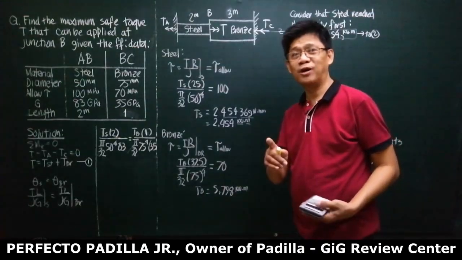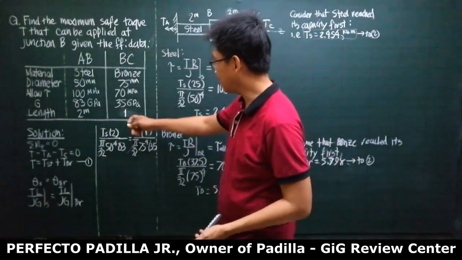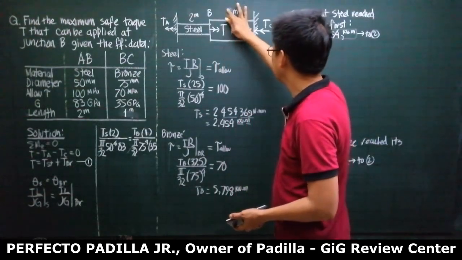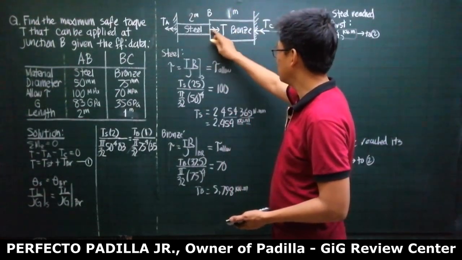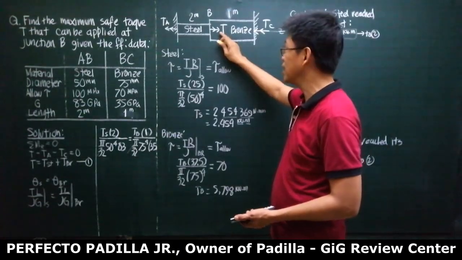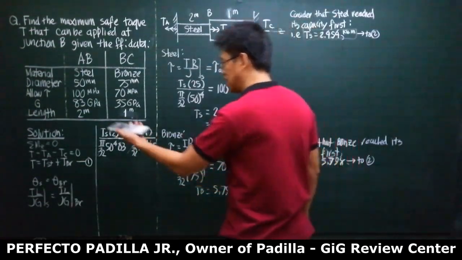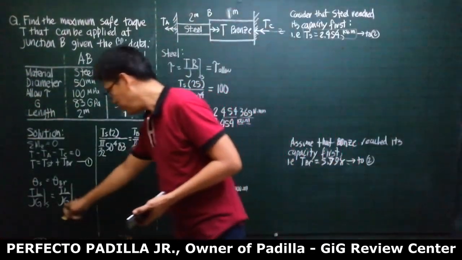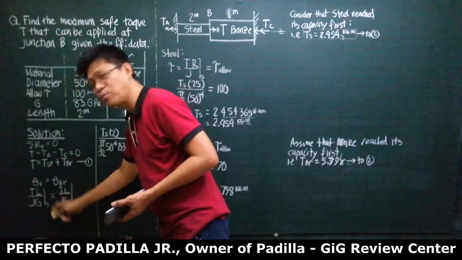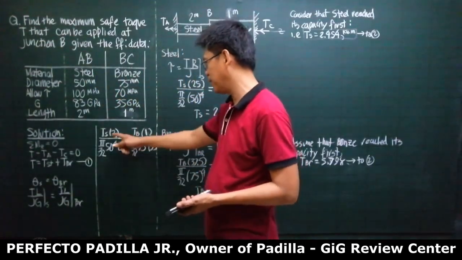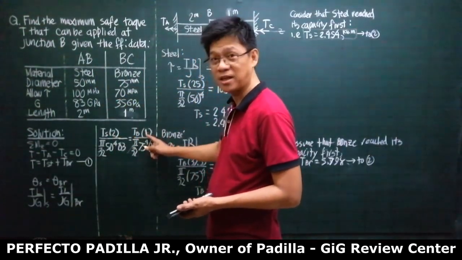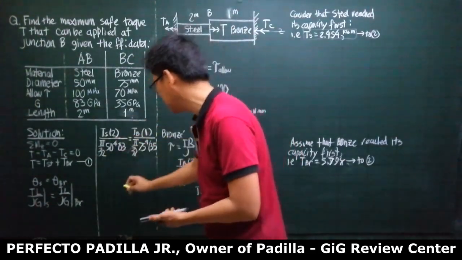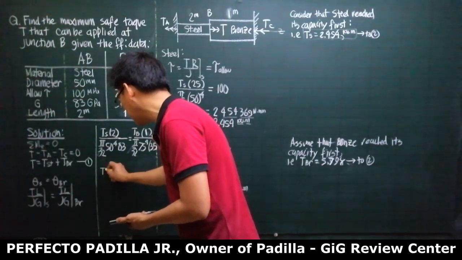So let me show how it goes. This time, our length of bronze is 1 meter. What is the maximum safe torque T at the junction that can be applied without exceeding the allowable stresses? Using the equation theta of steel is equal to theta of bronze, you have here 2 meters, and this is 1 meter. Computing all of this divided by all of this, you'll get your